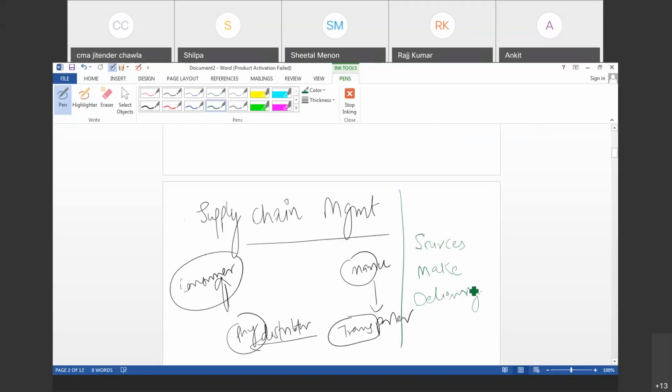It also involves after sales service like return. So what are the main components? These are the main components. First one is plan,